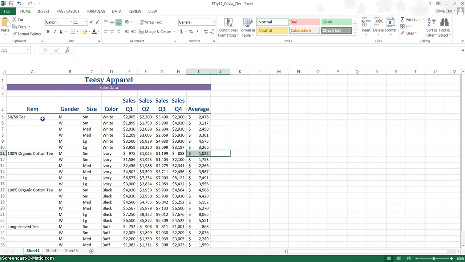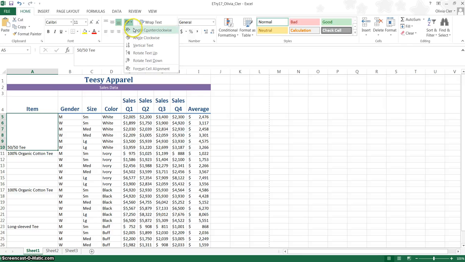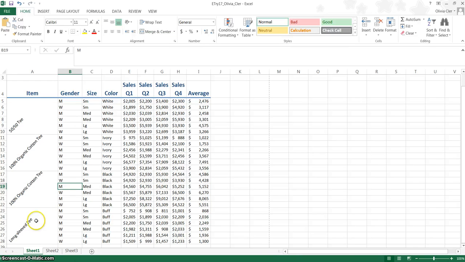Next, drag over cells A5 to A10 and go to the Merge and Center drop-down box and hit Merge Cells, and then also go to Orientation and hit Angle Counterclockwise. Repeat these steps for cells A11 through A16, A17 through A22, and A23 through A28. Once you've done that, you'll see that all the cells are merged into separate boxes and that all the titles